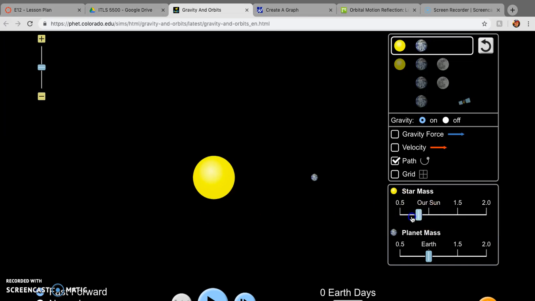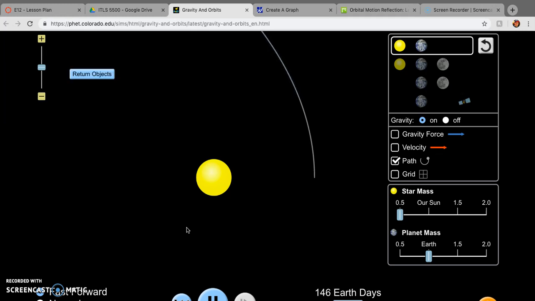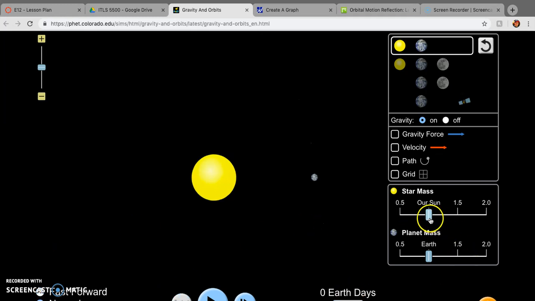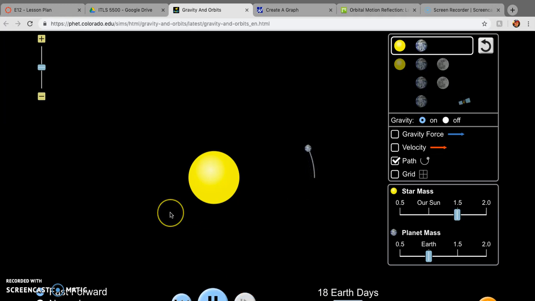And so if I change the mass of the sun to 0.5, to half as big as it is now, we'll observe the motion of the planet, and we see that the planet leaves orbit. The gravitational attraction from the sun is not strong enough to keep the planet in its motion. And so now I will make the mass of the sun 1.5 times bigger, and observe